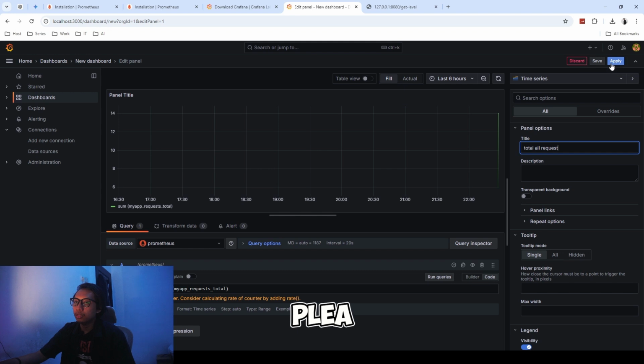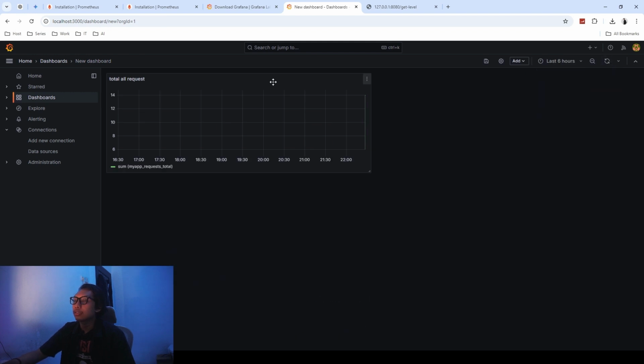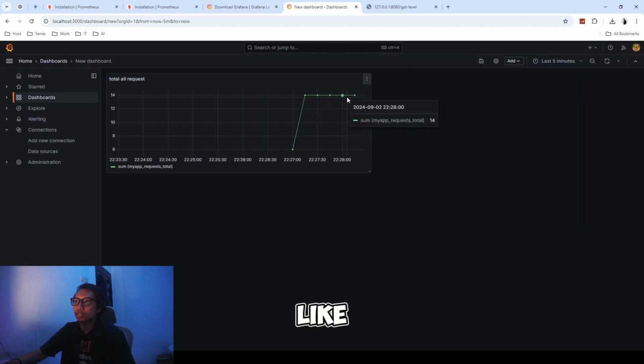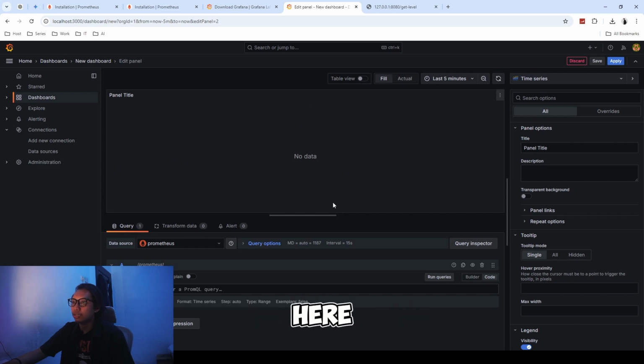There is apply. Okay, it doesn't look much different. If we change to 5 minutes, something like this. We hit the endpoint 40 times.